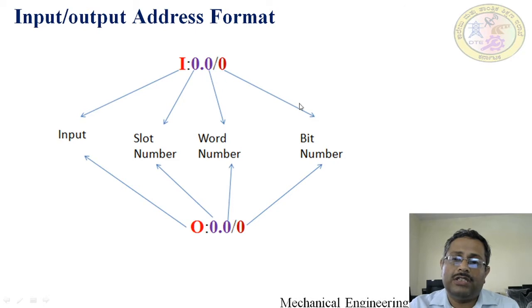The second input address is I:0.0/1. The bits start from 0 to n. If there are 6 inputs, it means 0 to 5. The outputs work the same way: if 4 outputs are there, the bit number varies from 0 to 3. We can give any one. The left side of the slash is constant, this 0.0 is the same. This is the format to address the input and output.